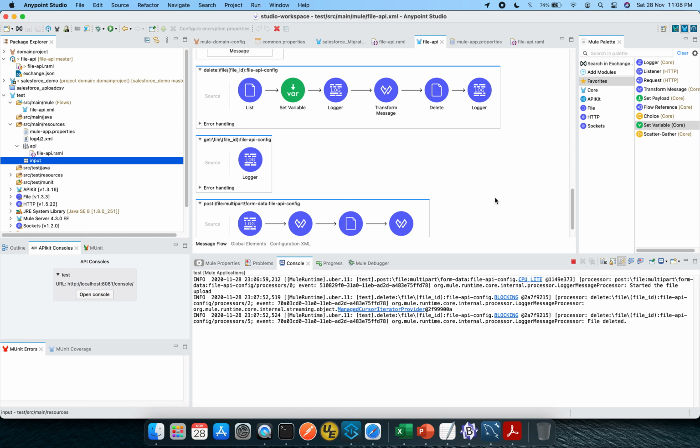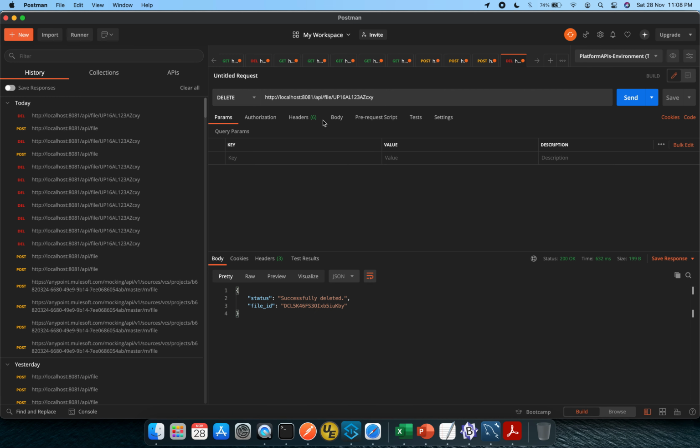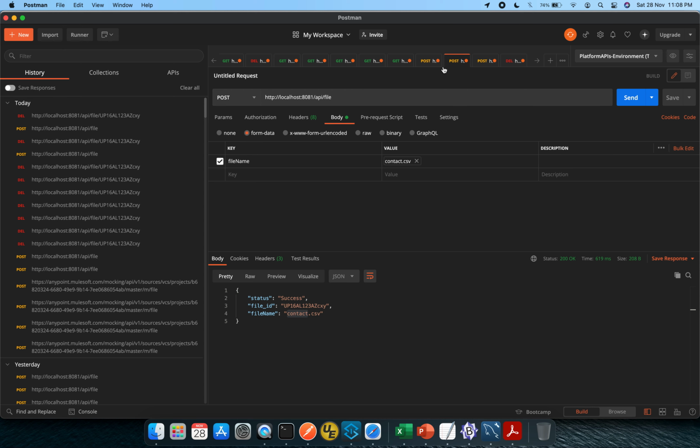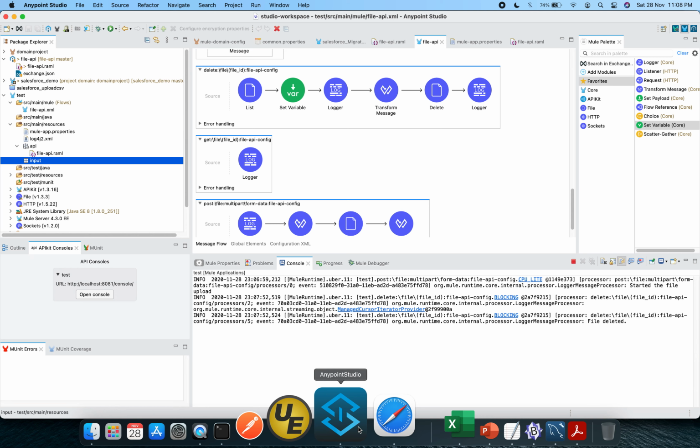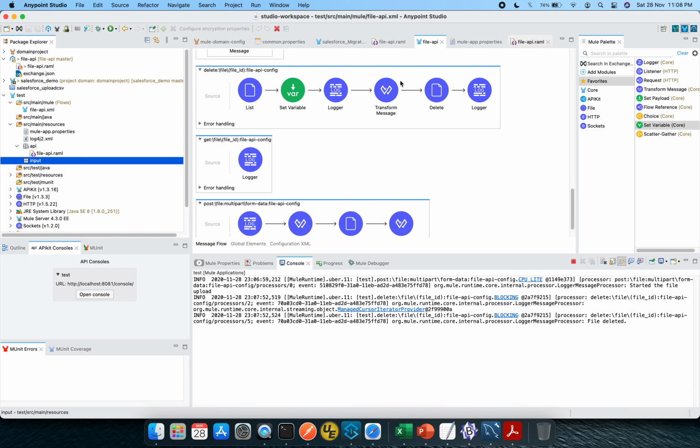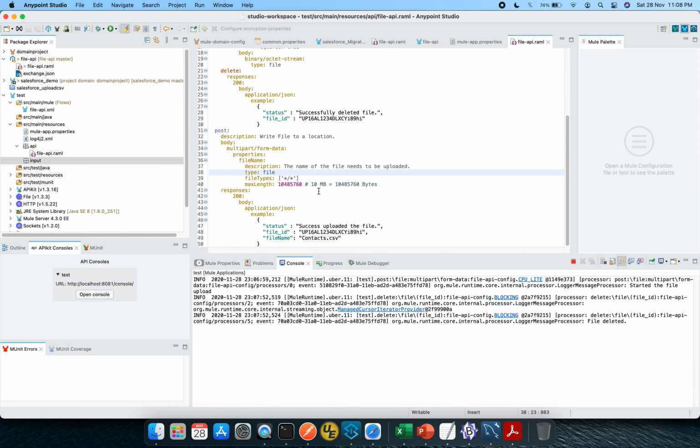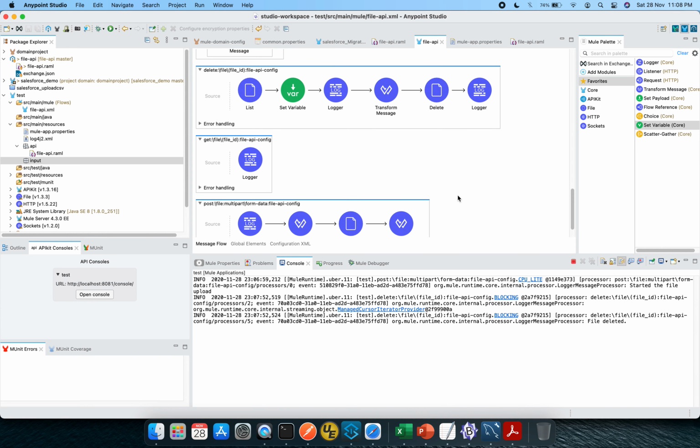But make sure the file name, that is the key, is present in the body part of your request. The name should be exactly the same as you have configured in your RAML specification as well. Let me show you this one, the file name.